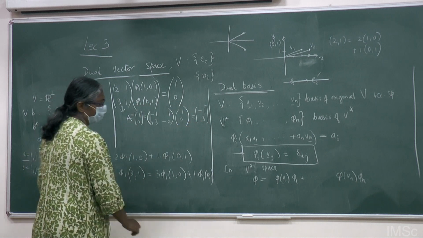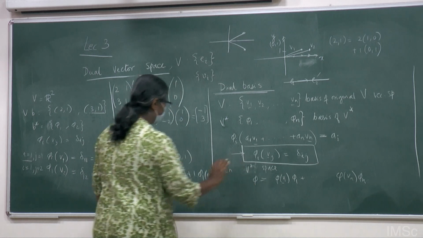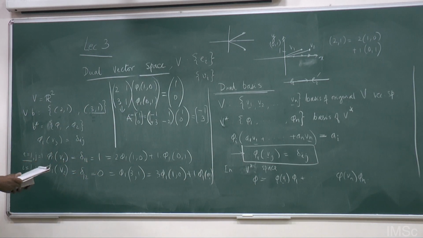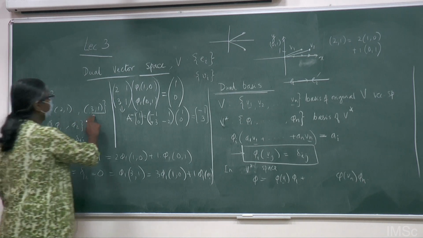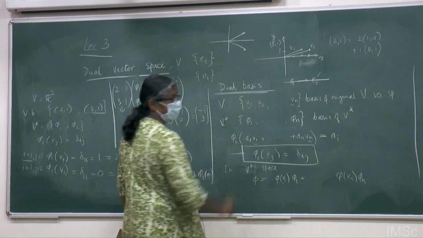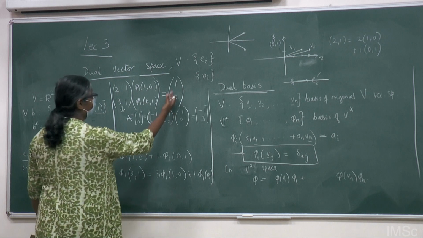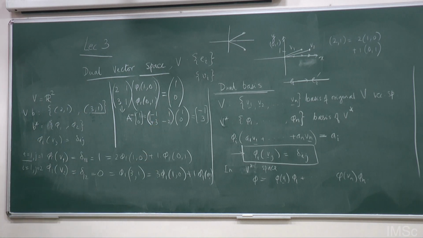So I have, okay, is this okay? You have minus 1 and 3. Are we treating 2, 1 and 3, 1 as our basis now? 2, 1 and 3, 1 are basis vectors over here, right? Their basis. Yes. But what we have got is phi 1 of 1, 0. So what is 1, 0 exactly? 1, 0 is the x, right? And 0, 1 is y.